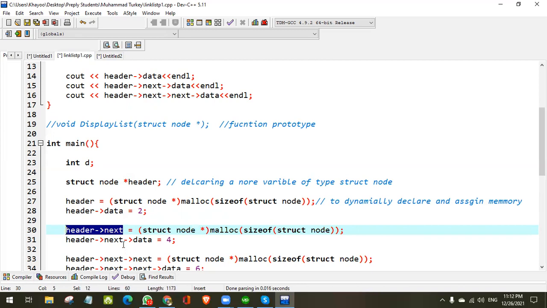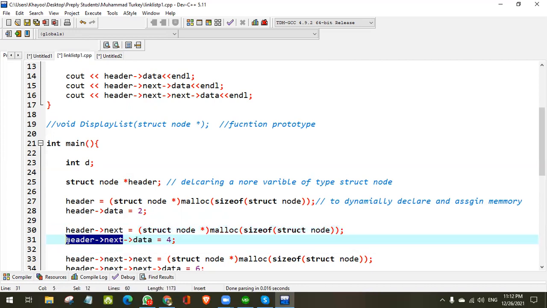So it means that when we use header.next, I am reading it as dot, but it is not dot. I am just reading it like a dot. It is an arrow operator. So look at here. When I write header arrow next, and then I call the data, it means that I am referring to the next node, not this node. I am talking about the next node. You understand? The data of the next node.